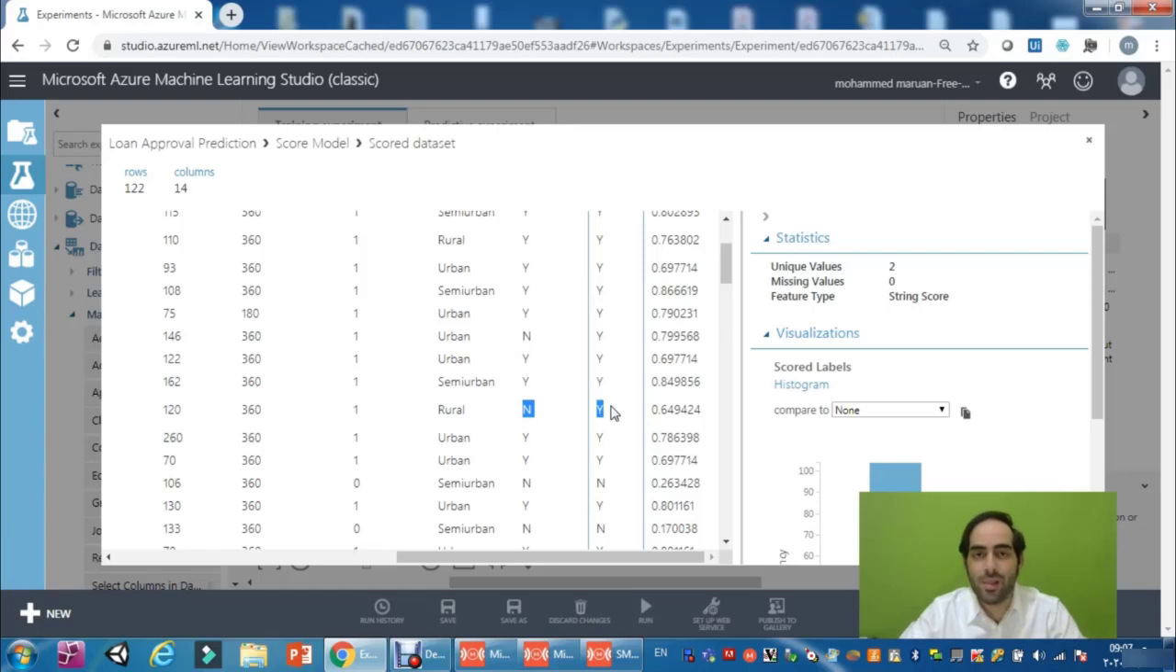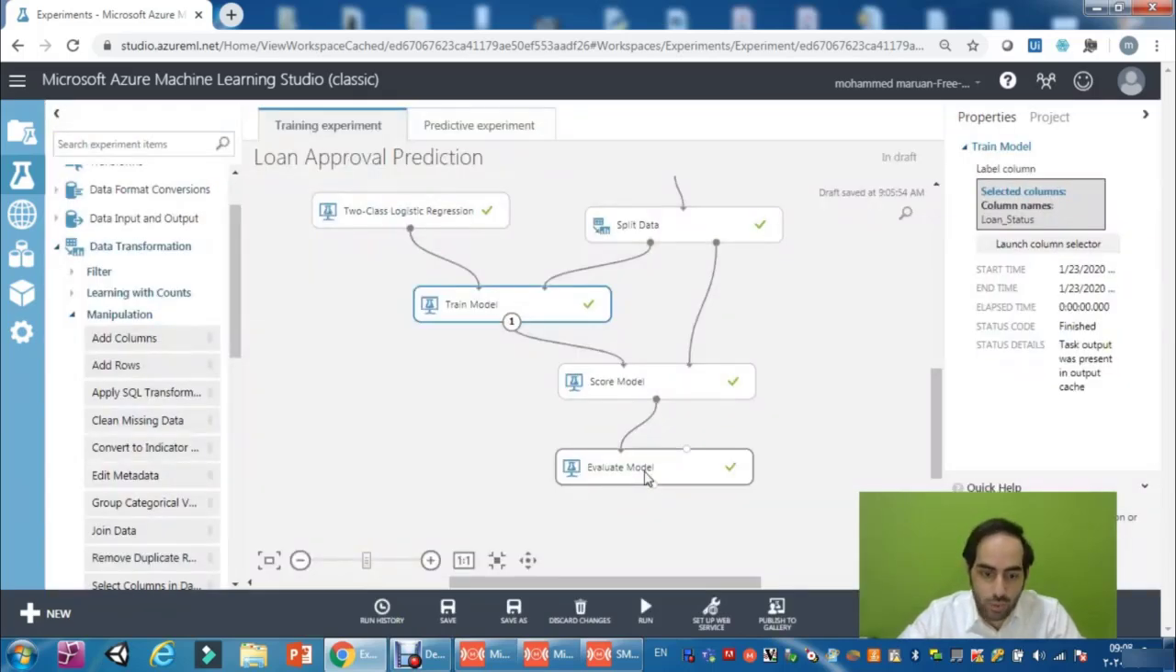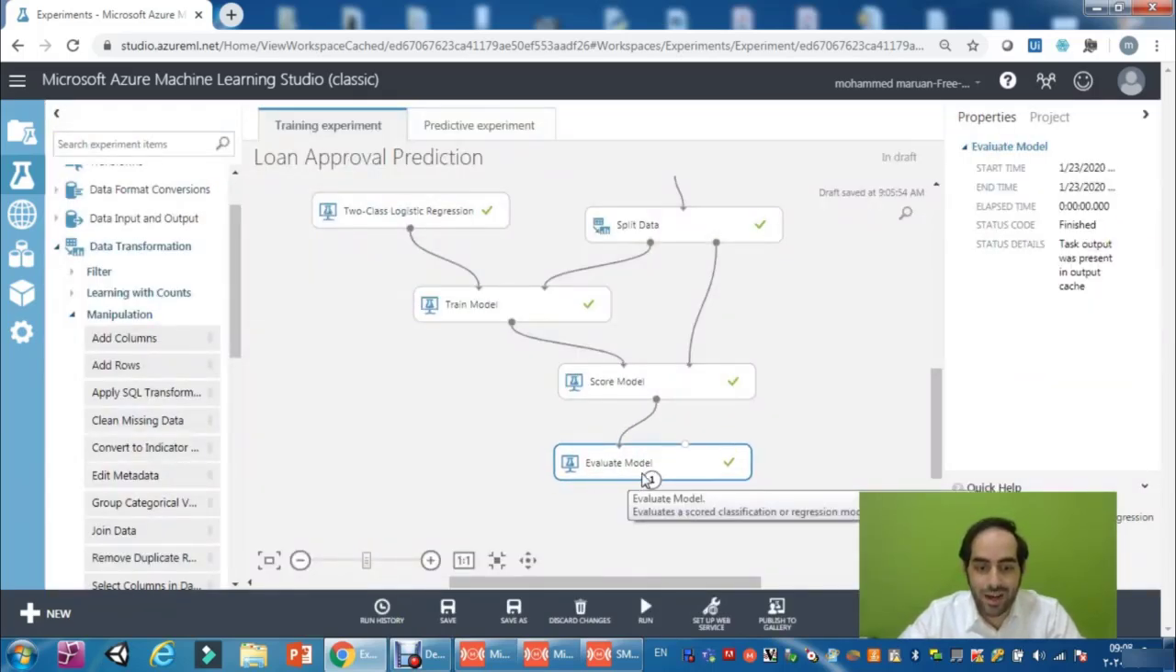If we have millions or thousands of rows, can we go and check manually? Of course not. What we need is a way which will give us a summary or a report of our model performance. For that, we use this module, which we call Evaluate Model. If we look at the output,